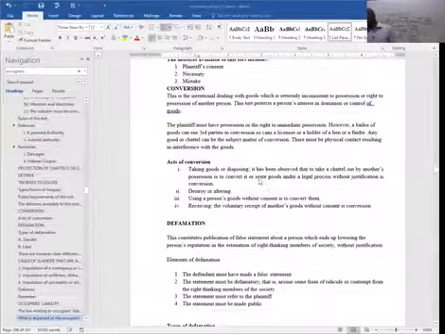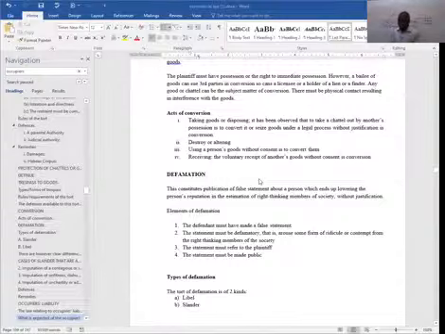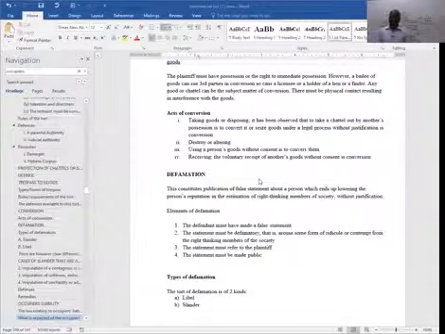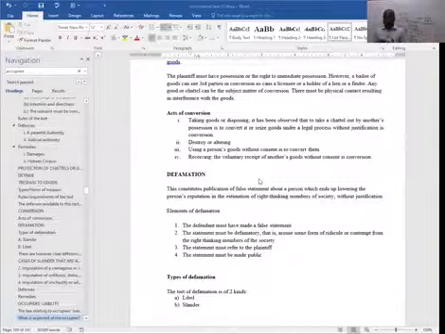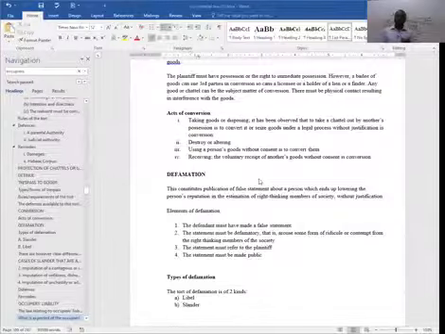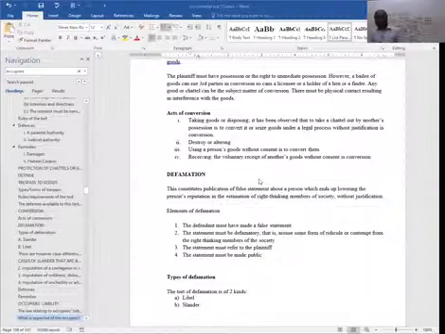Then the statement must be made in public, either in a publication or just by word of mouth. If those elements are present with regard to a particular statement, then one can be accused of defamation. So that's what we mean by defamation in a nutshell. We've said it is in two forms. It can be in a permanent form known as libel, or in a non-permanent form just by word of mouth known as slander. Those are the two types of defamation.